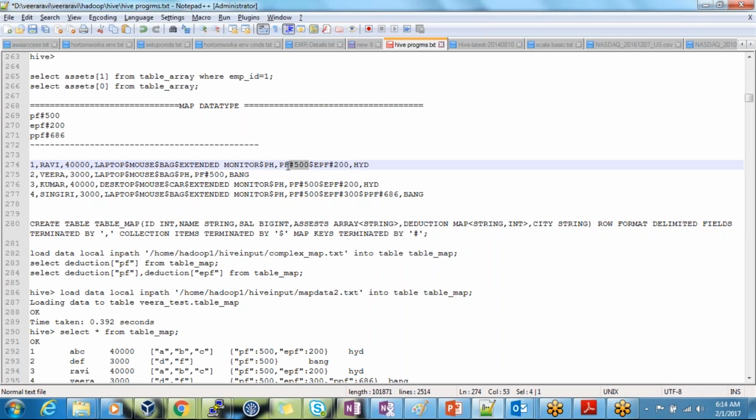Your key value pair, whatever you're talking about, this is one collection, and this is another collection. This is one element, I can say is one key value pair, and this is another key value pair, and this is another key value pair. So multiple key value pairs are there. How can I differentiate between one key value pair and another key value pair? Again, I need to use the same collection delimiter,